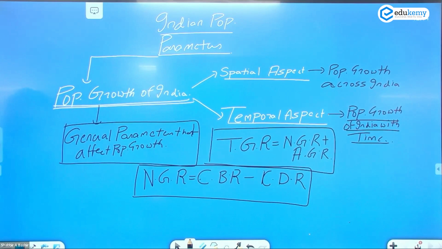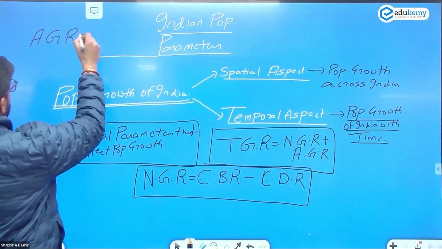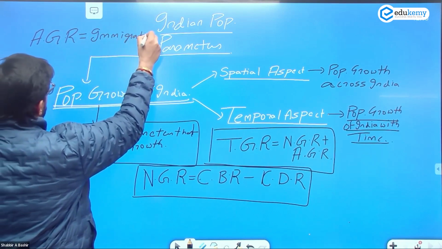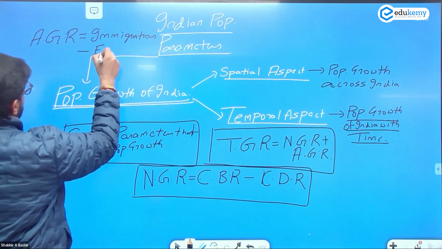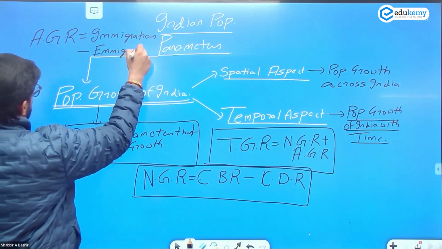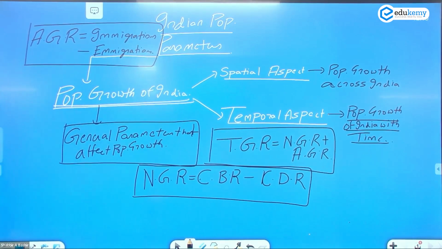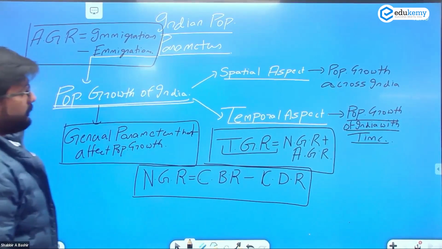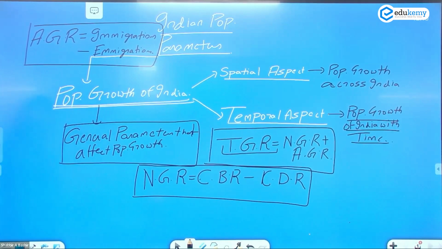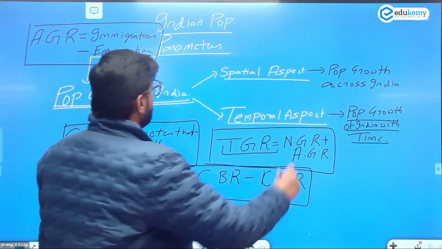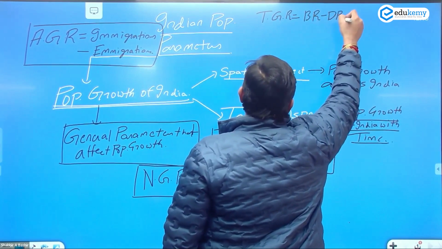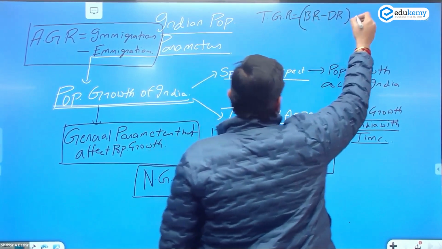And when we are talking about artificial growth rate, it is defined or is calculated as immigrations minus emigrations. So when we are talking about the total growth rate of population in any part of the world, guys, the total growth rate can be measured as birth rate minus death rate plus